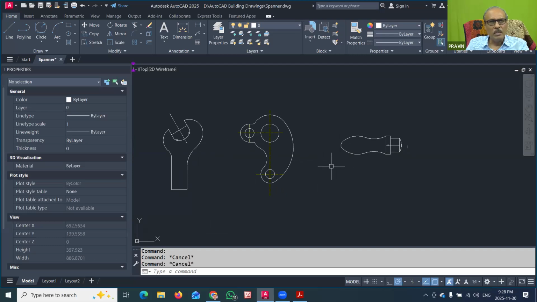Now in the upcoming lectures, we will also give the dimensions to this object. So there will be another 2 lectures on dimensioning and annotation. So there we will give the naming to that. So you save this drawing properly with the proper file name and see that you will be able to create